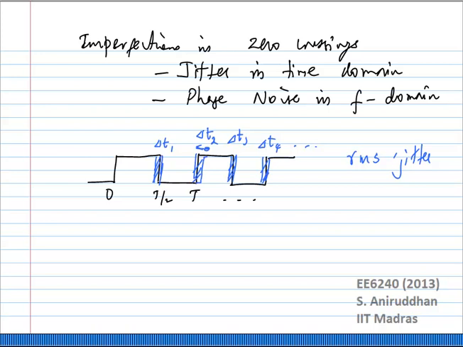Okay. In our case, in a wireless transceiver, you are not looking at the time domain. We are looking at the frequency domain. Okay. Therefore, it makes sense to look at the noise in the phase of the signal, because at the end of the day, remember, we are going to extract the amplitude and phase of the signal that we are demodulating or transmitting, one of the two. And in the frequency domain,